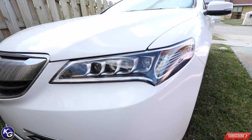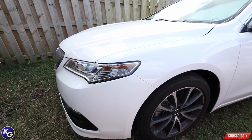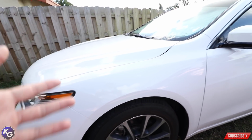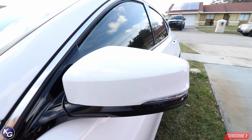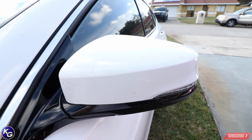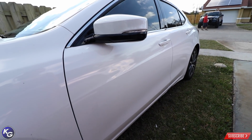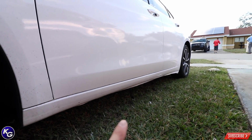The bumper looks great. The hood looks great. Fender looks fantastic, right? No pullbacks, nothing. For me, I did a pretty good job. Even for this mirror cap, I did some different techniques, and I was able to get the mirror cap looking great. No pullbacks yet, but the problem is when we reach down here, you can see it's peeling